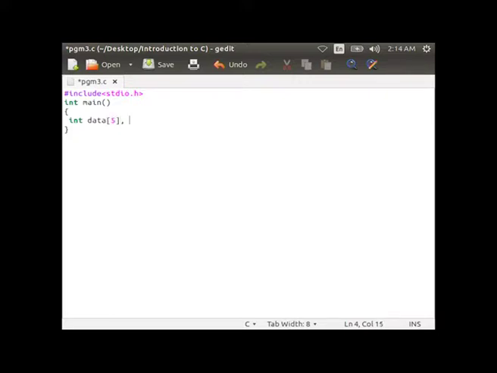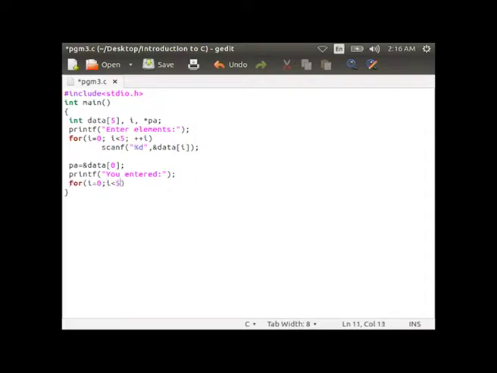Int, then declare the array data of size 5, then i and star pa, printf enter elements, then start the for loop for i equal to 0, i less than 5, i plus plus, scanf percentage d ampersand sign data of i, then pa equal to address of data 0, printf you entered, then start the for loop for i equal to 0, i less than 5, i plus plus, then start the curly brace, printf percentage d comma star pa, then pa plus plus, then close the curly brace, return 0 and you close the final curly brace.